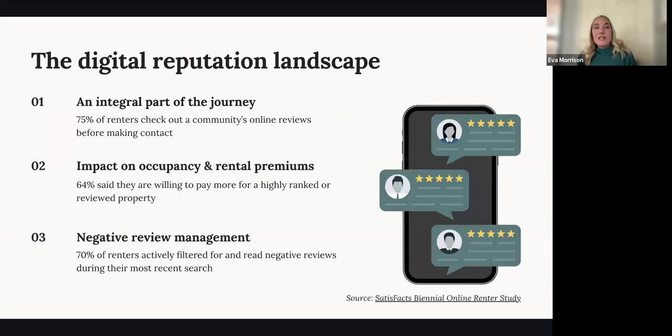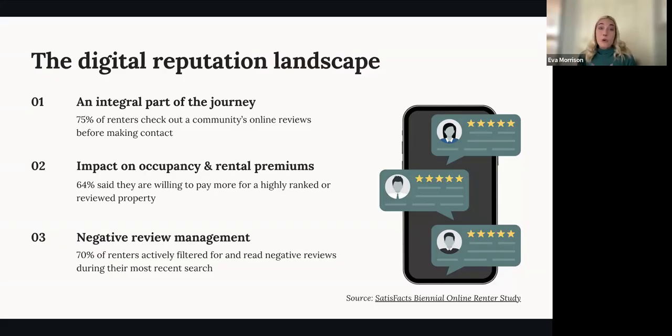All right. So before we get into sentiment analysis, we have to talk a little bit about the digital reputation landscape, which I'm sure is something that's on everybody's radar. It feels like we can't escape it these days. And we know that it's a really important part of the rental journey today. 75% of renters actually check out a community's online reviews before ever making contact. So more